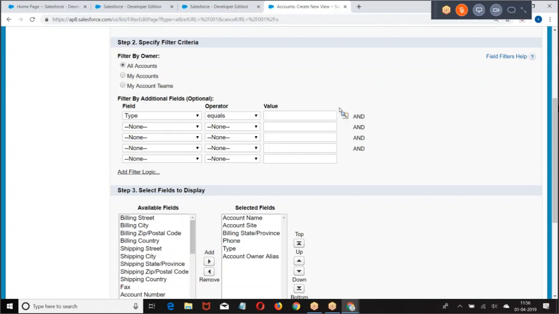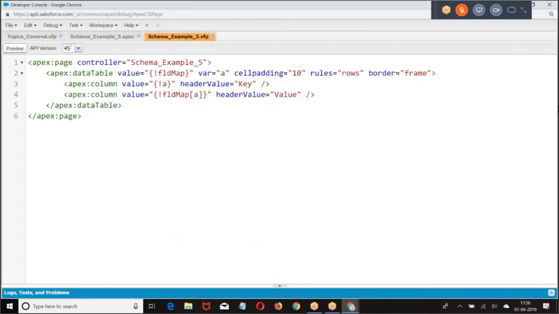So to get these properties, what we are doing? Schema. Now based on the object, how are you getting the fields? Schema programming, get the description. From the description, get all the fields. Based on the field selected, they are showing the options. How are you getting that? By using what? Field description. Now, based on the pick list field selected, I want to get the options. If the field I selected is a pick list, I want to show the options.